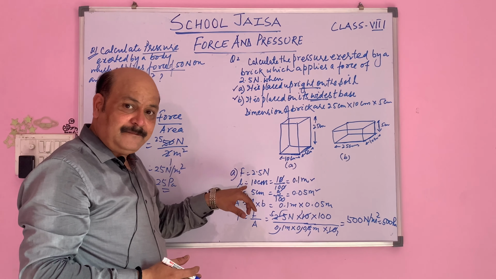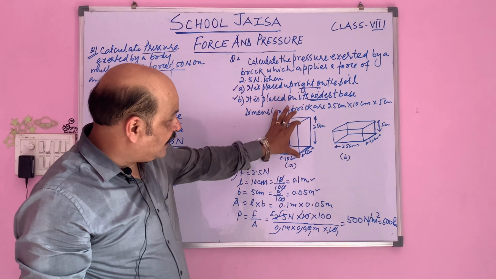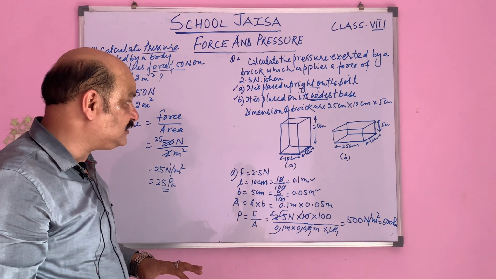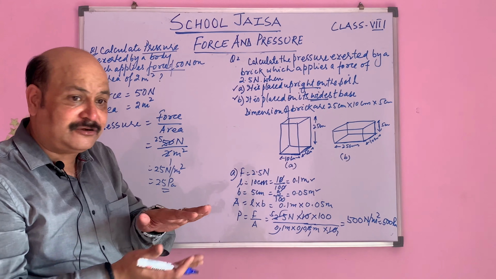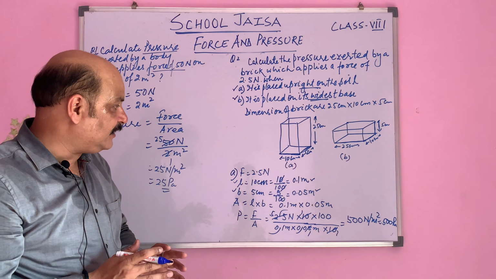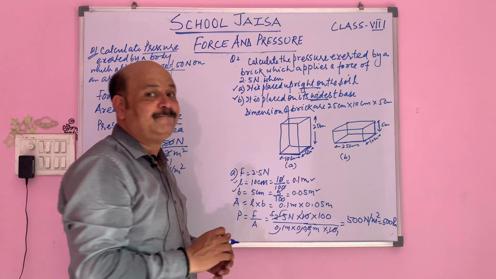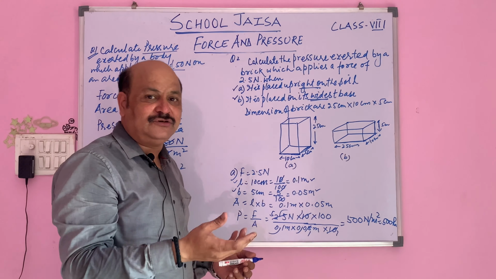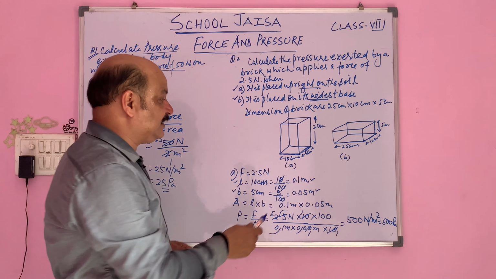Force was given over there. In the first diagram we see the 2.5 Newton is acting in the vertical position, whereas the base has its dimensions as 10 centimeter and 5 centimeter. Because the rectangular surface is coming in contact, we have taken this length and breadth as 10 centimeter and 5 centimeter. Since we have to get it in meter, we divided by 100. Why, should I tell you again? Because 1 meter is equal to 100 centimeter, due to which we divided both values by 100 and we get the length and breadth in meter.